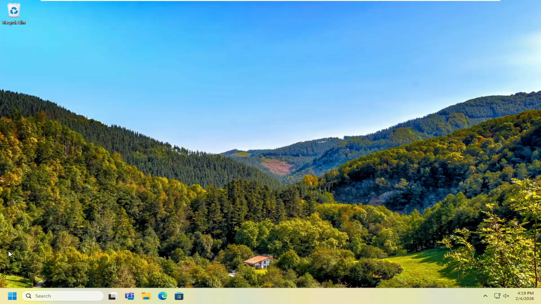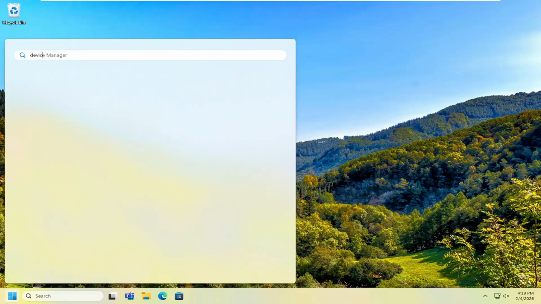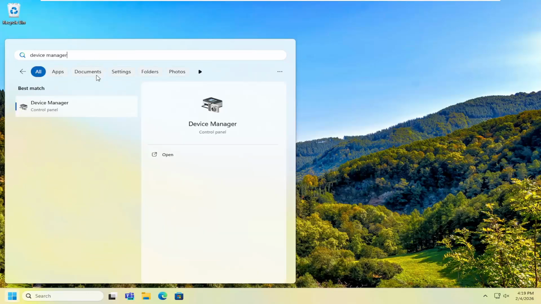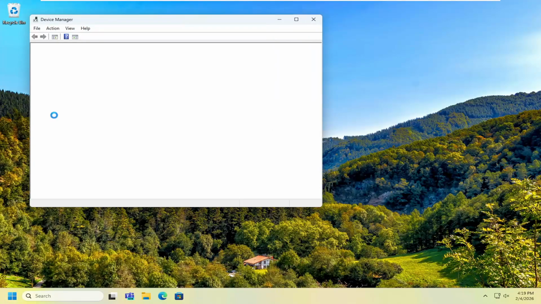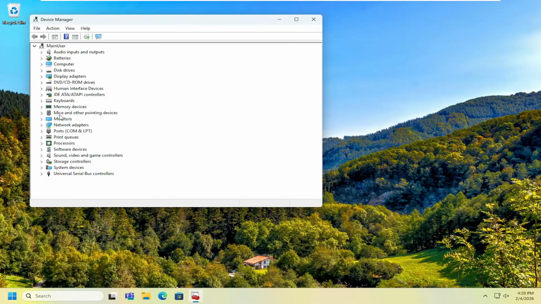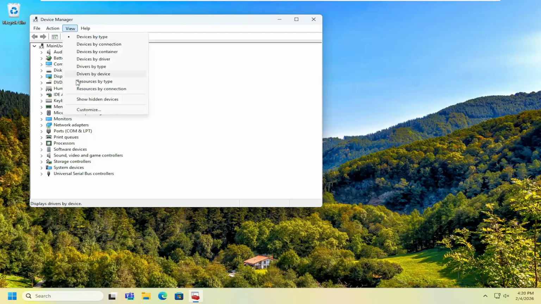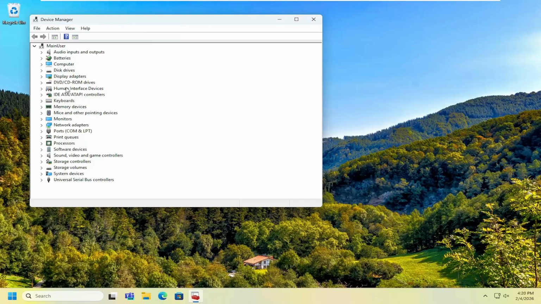Something else we can try here as well would be to open up the search menu and search for Device Manager. Best result should come back with Device Manager. Go ahead and open that up. You want to select the item up at the top. This is File, and select Options. You want to select the View tab at the top, select Show Hidden Devices, double-click on Audio Inputs and Outputs,